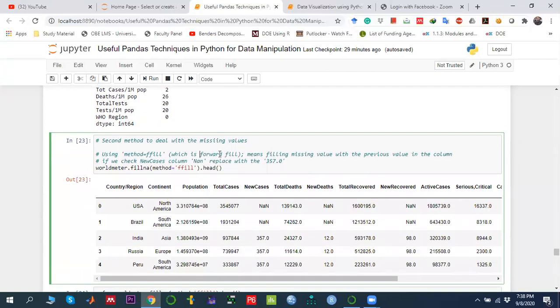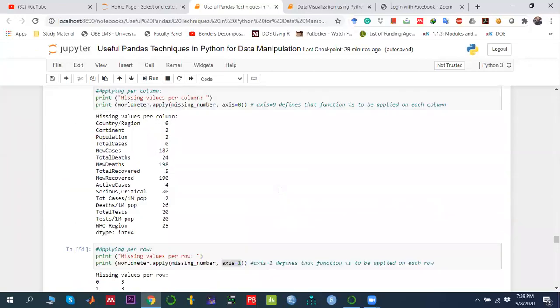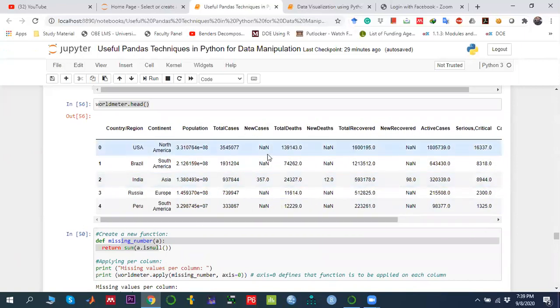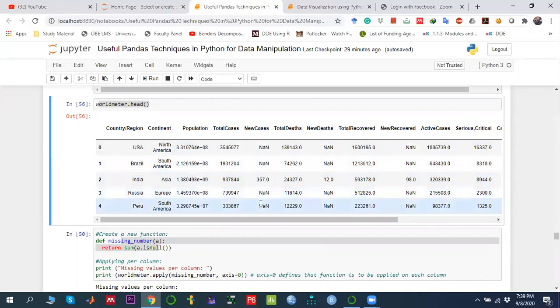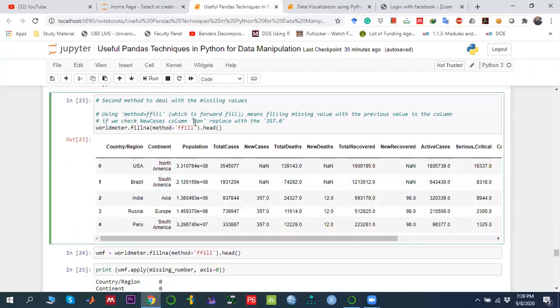Now the second method is, instead of filling the average value, we can fill from the previous number. For that, right now I am saying that for all the variables in the world parameter, fillna, and the method we should apply is ffill, that is forward fill. As you can see, in new cases there is NA, and the next number is 357. Previously, let me show you, in new cases we have NA, 357, NA. Once we apply this one,